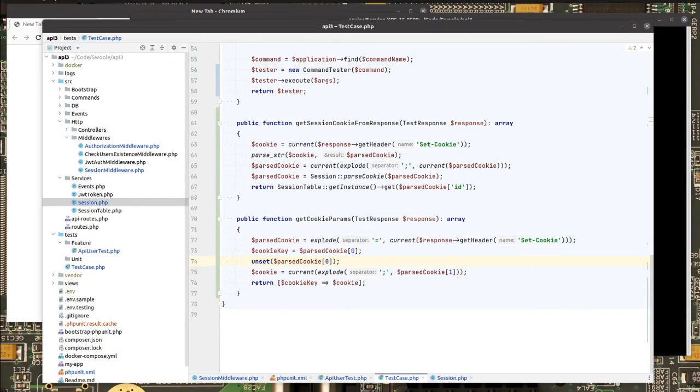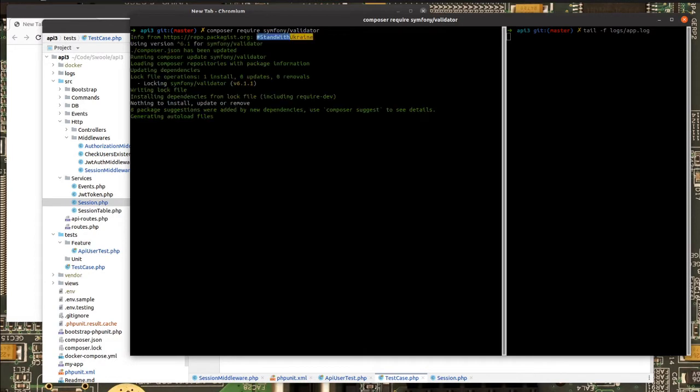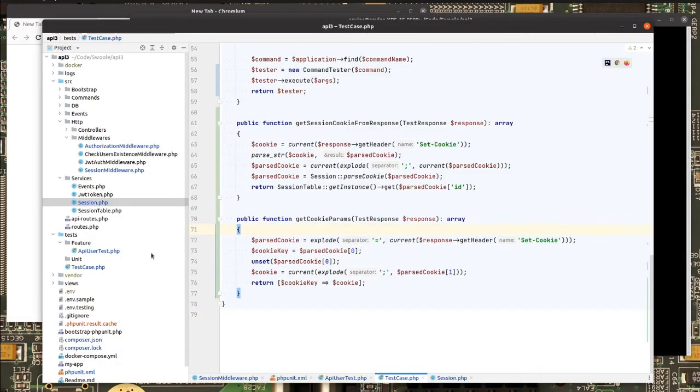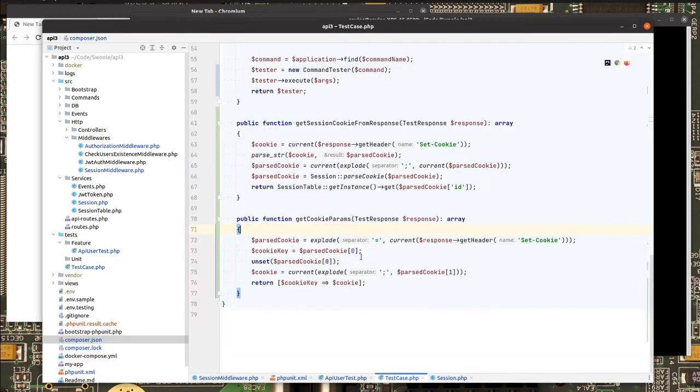So now, getting to the validations, the first step is we're going to install the Symfony validator. So let's go there. That's it. Install the Symfony library, Symfony console, Symfony validator actually, my mistake. So here it is. Now that we have the Symfony validator, we will